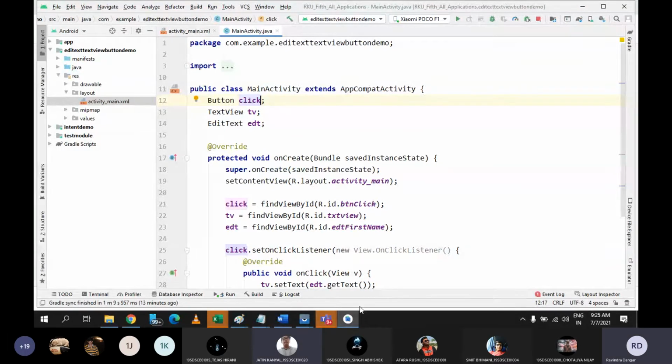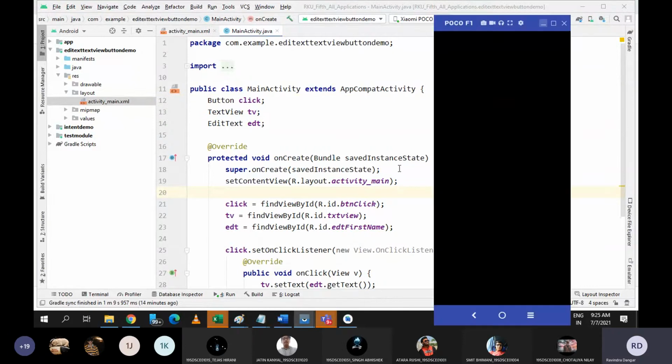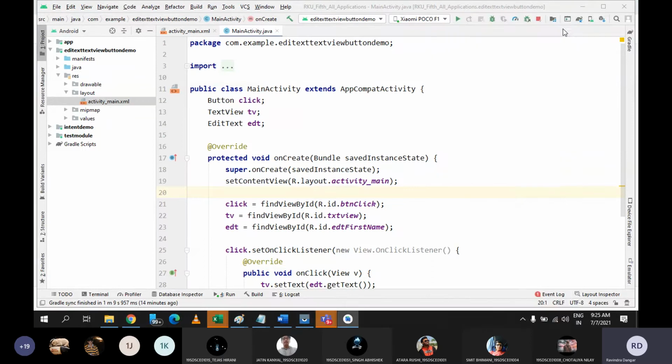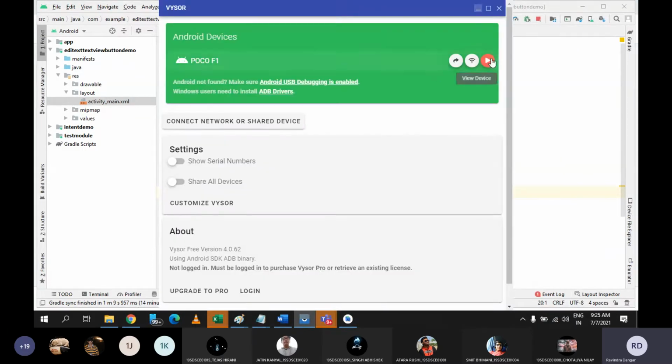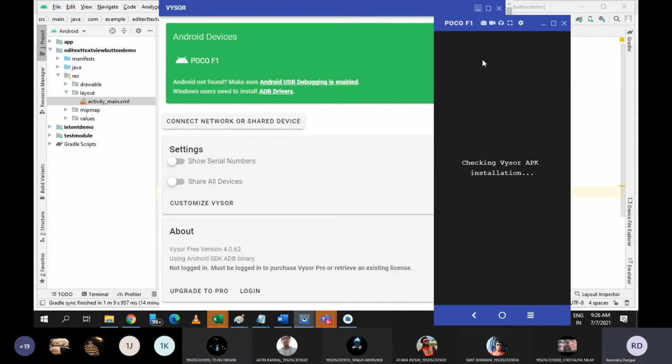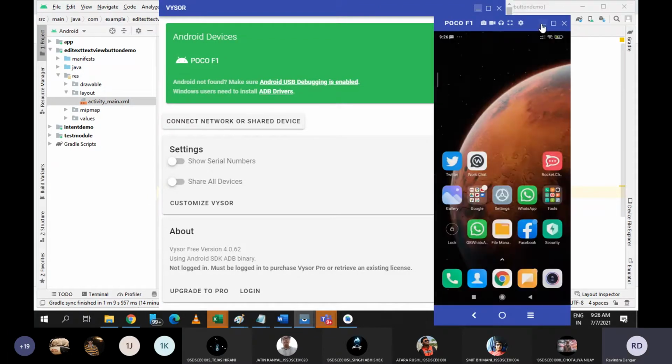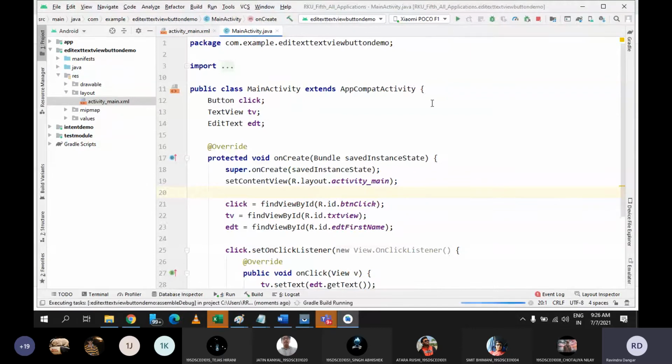Now let me just see if my phone is connected or not. It is already available. Yes, now it is connected. Let me run this file.